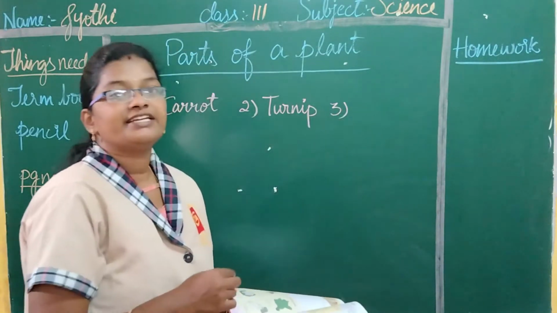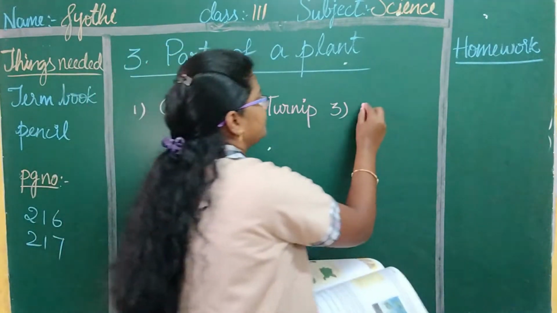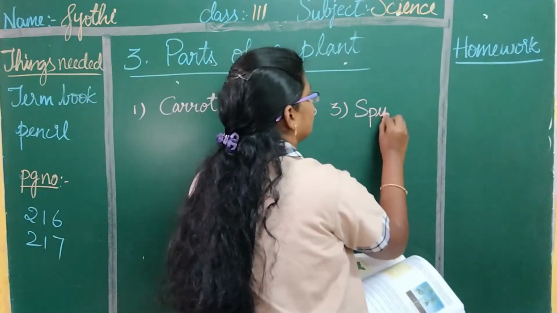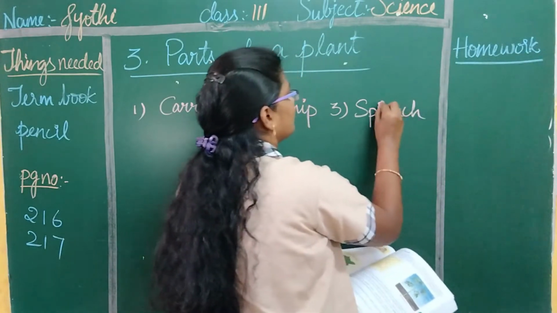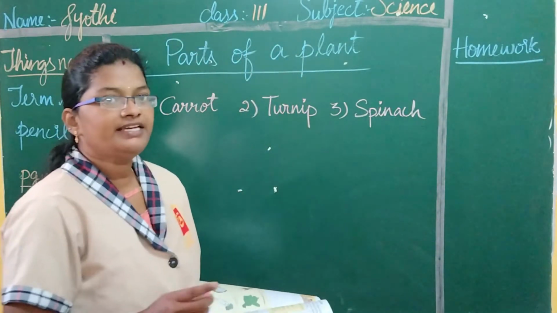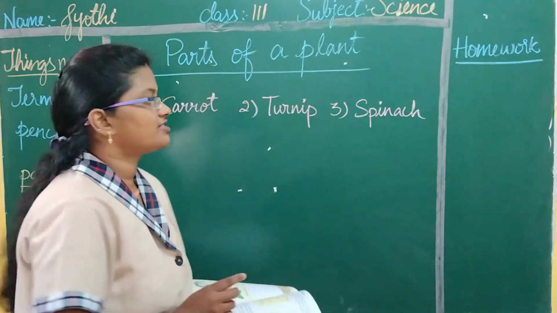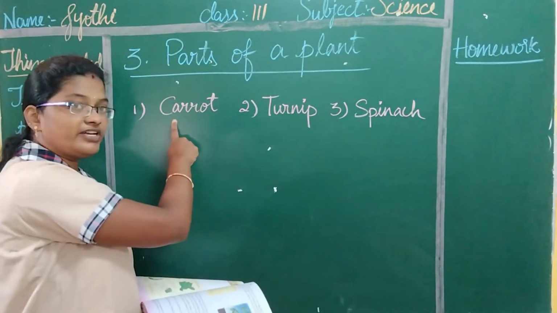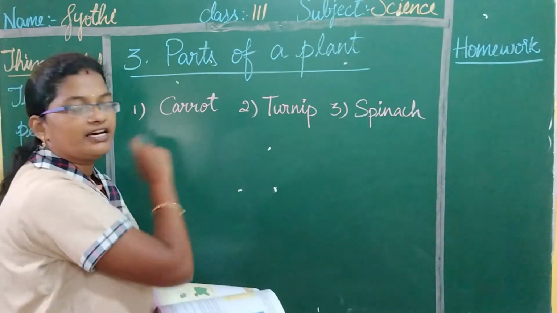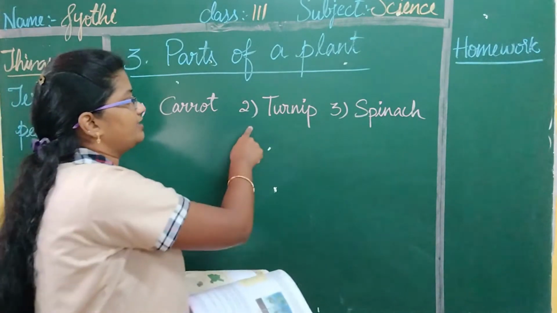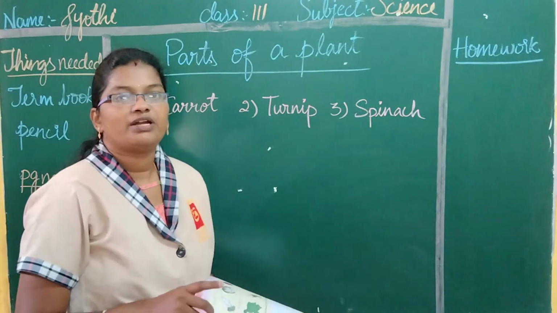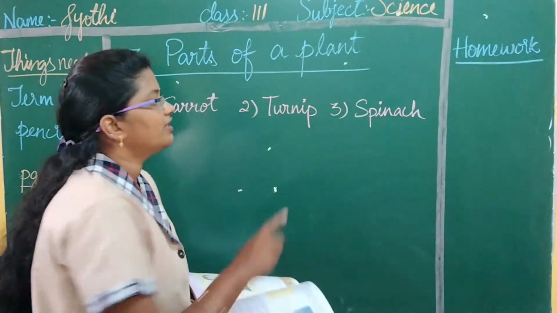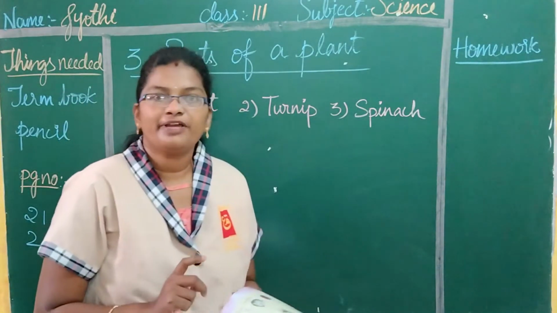And the third one, it is spinach, S-P-I-N-A-C-H, spinach. I repeat. The first one is carrot, C-A-R-R-O-T. And the second one is turnip, T-U-R-N-I-P. And third one is spinach,